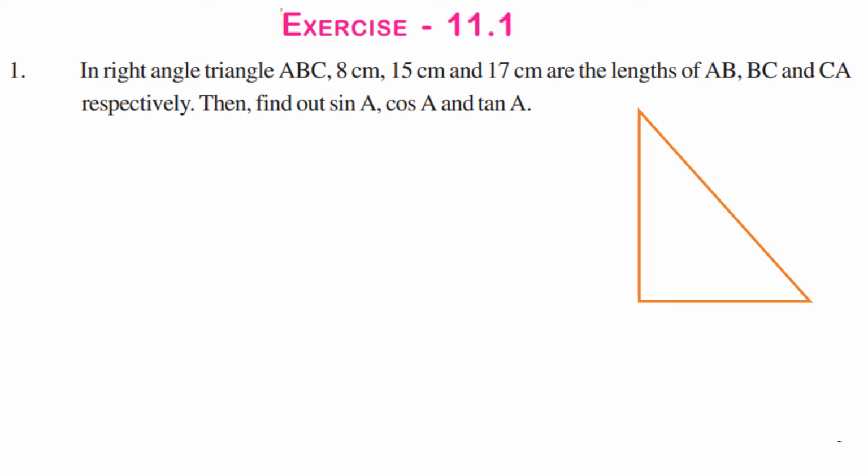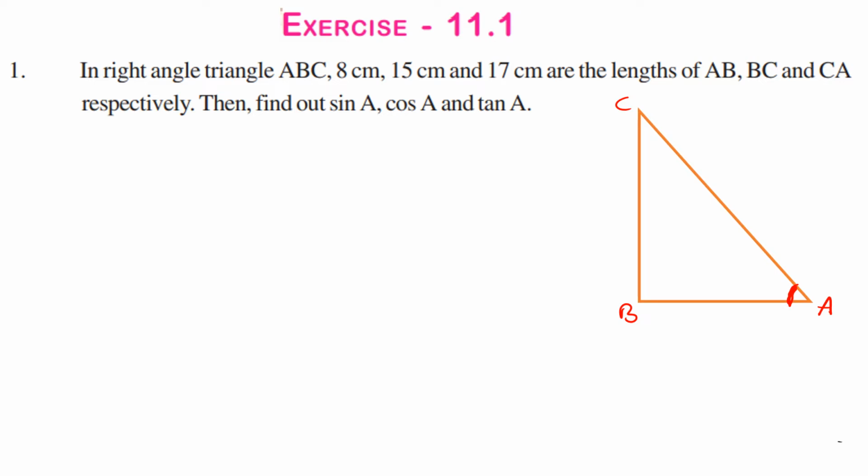Look at the picture of the triangle. We write A, B at right angle, C. This is angle A. They are asking sin A, so we take angle A here. This is the acute angle, right? Now the opposite side to angle A is BC, right? The adjacent side to angle A is AB. This is the hypotenuse.